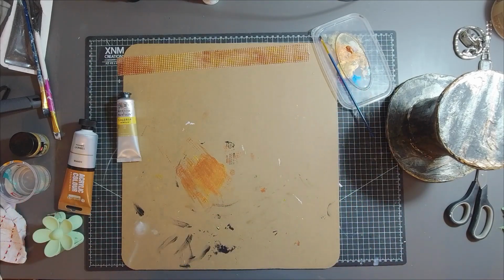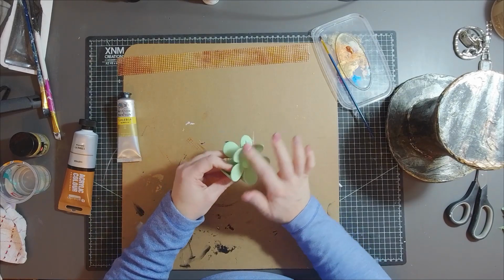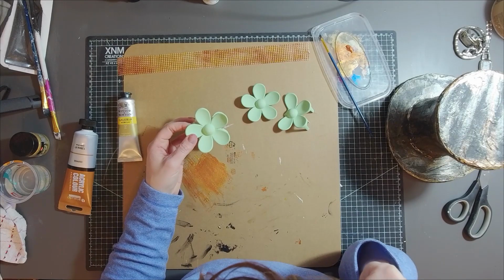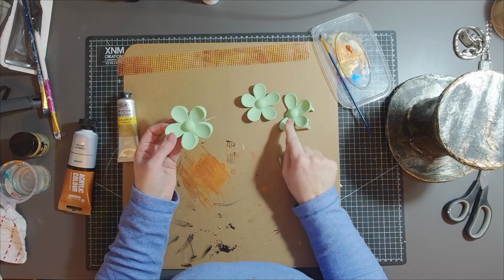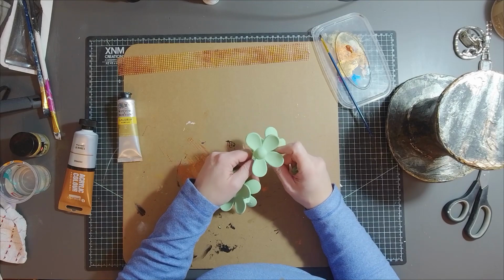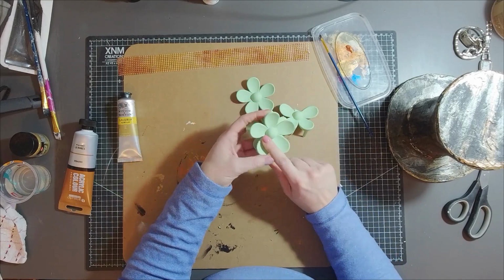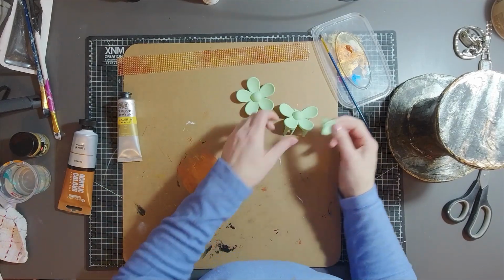So I bought this hair clip from a charity shop, and my thought was that I could paint this up and use it on the hat. Now when I got to the till, they had a broken one on the side, and I said that I would take this one instead and give them that one back so they could resell that. But unfortunately I thought it had just come apart, because I'm going to pull it apart anyway, so I thought I was just going to be pulling it apart, but unfortunately one of the petals was broken as well, and so he ended up giving me this one as well. So I might not have to pull that one apart because I can use this one. I might use that for something else. But I do still actually have the petal, but